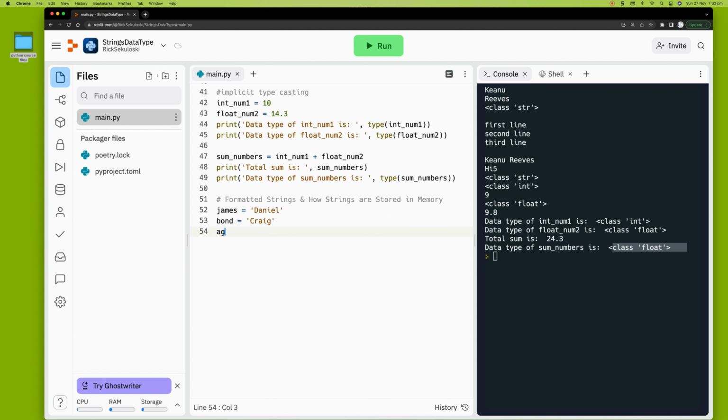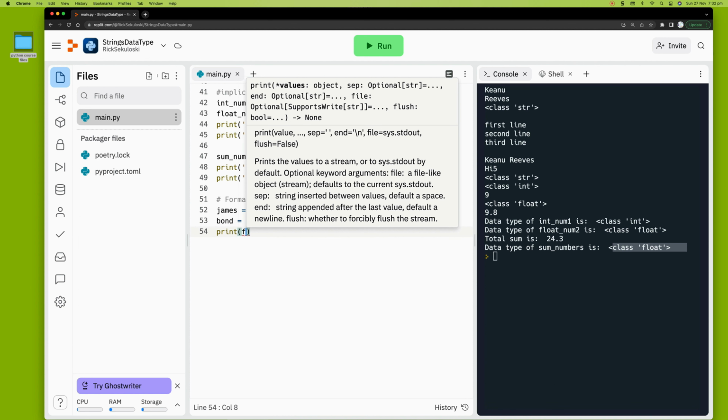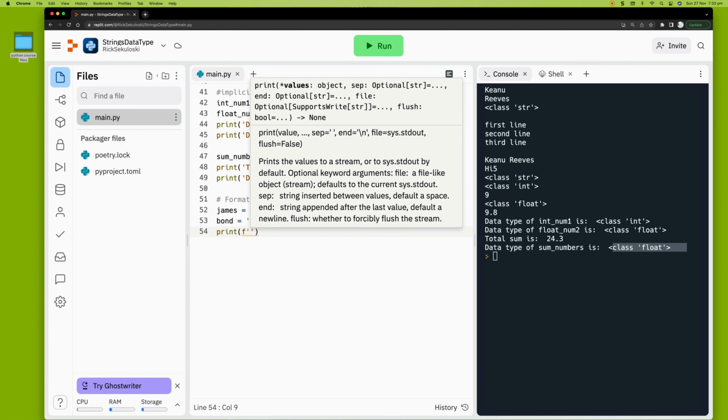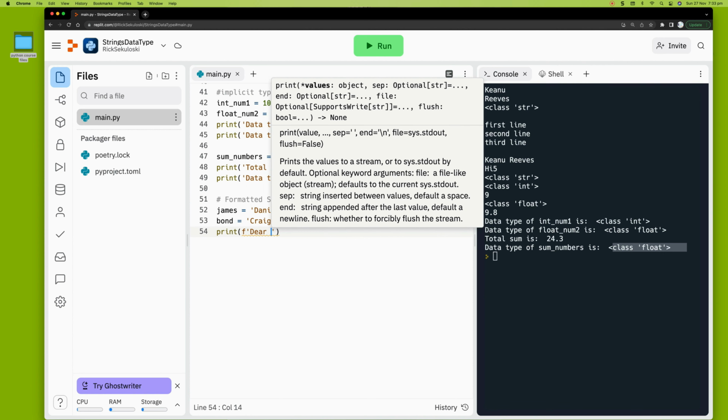So let's do an age. We don't need the age. Okay. So how are the formatted strings? We can create them. So print here. We type the F. So this is the leading character, and it precedes the string literal. And here we write the string. So dear. So one more thing here with